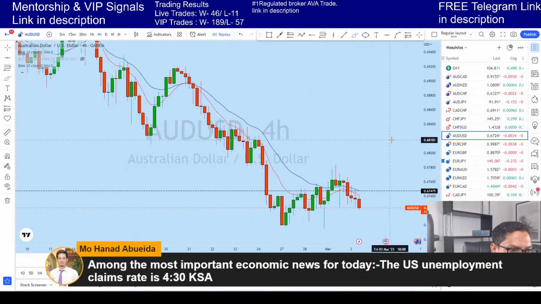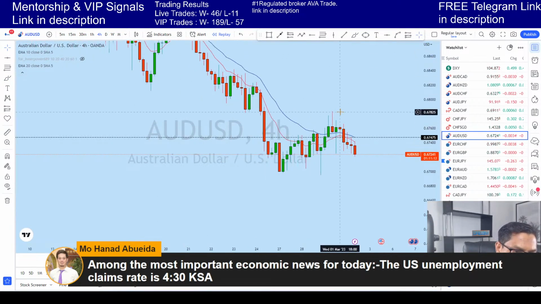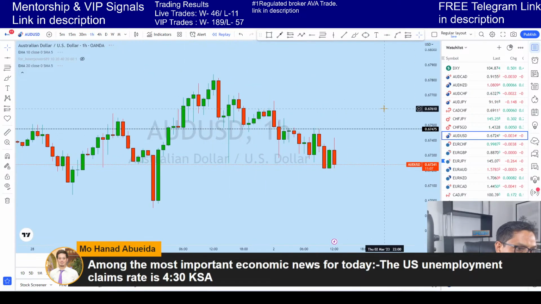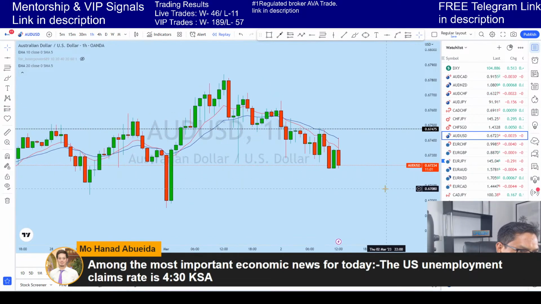Okay, looking at AUD USD, we see that AUD USD, guys, what I think that you see a couple of dojis AUD USD. Now I think that AUD USD is very, very strongly bearish now. Okay, let me look at from this 1 hour chart, which is closing very soon. It's also formed a bearish candle.